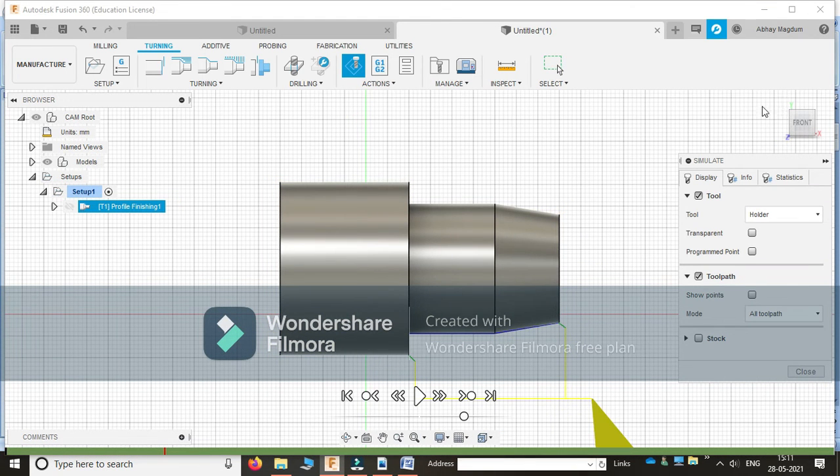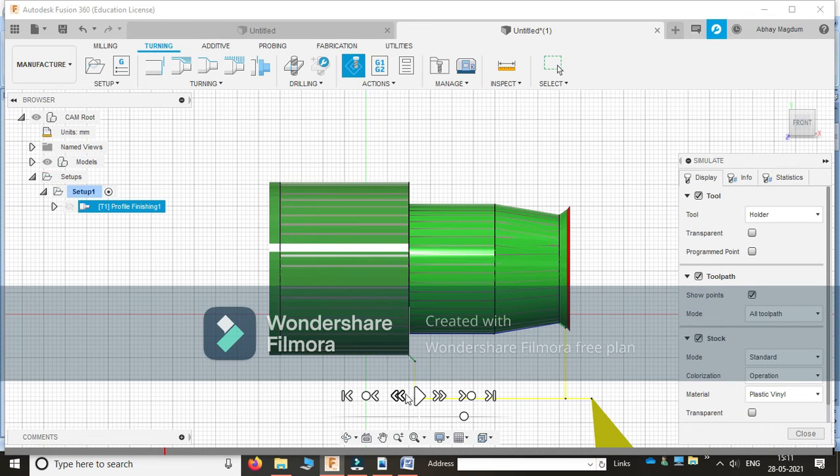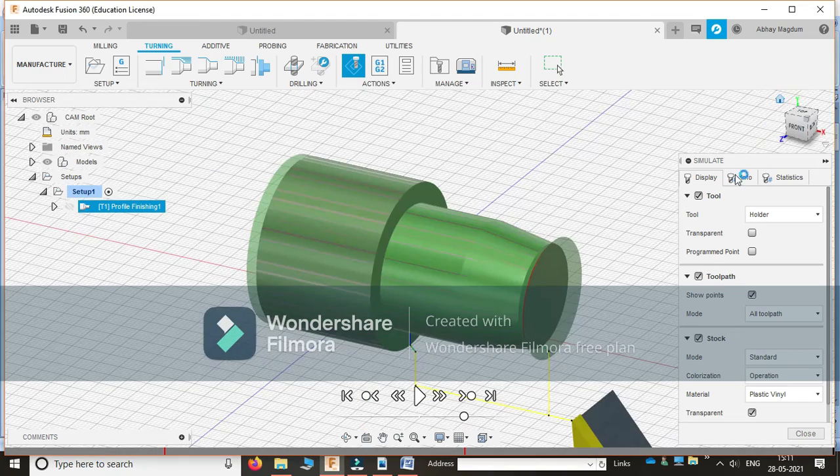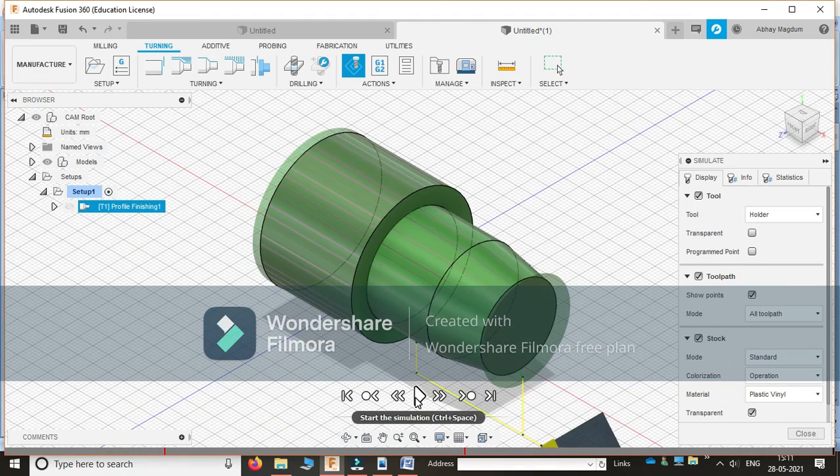In that, all of you can observe, just a minute, you can make it transparent. In this motion or view, you can clearly observe the various simulation methods of turning of this component.